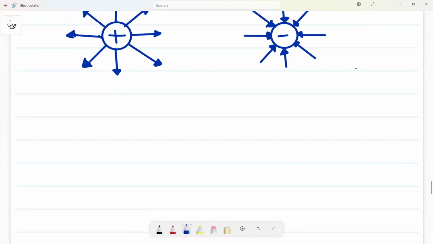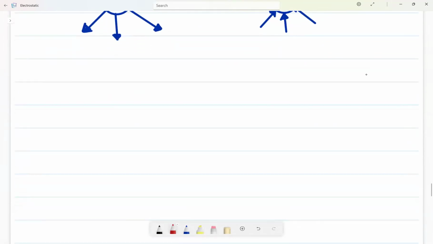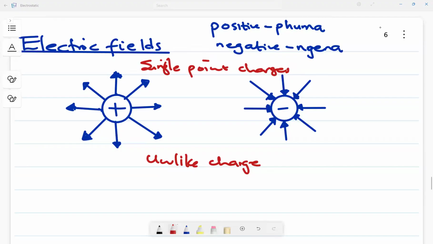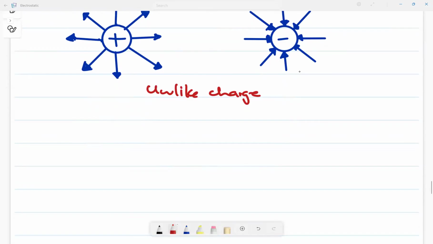What if now we have unlike charges? Okay, let me label this: single point charges. What if now we have unlike charges? Remember, unlike charges attract each other. If I'm having like charges, they repel. So they attract, right? So if they say draw the electric field for